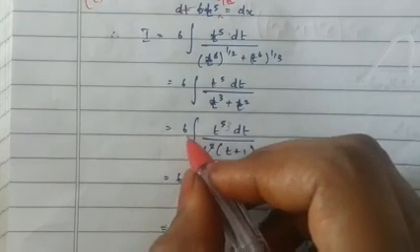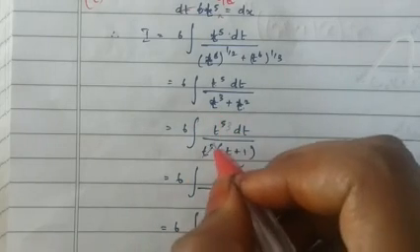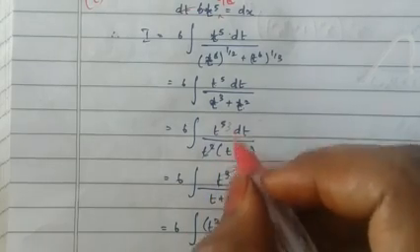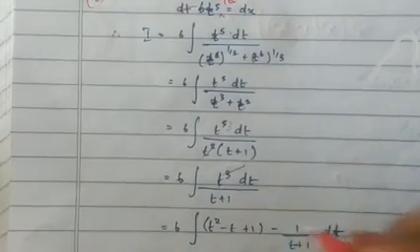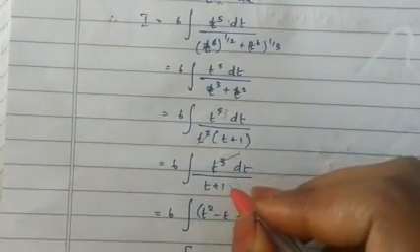Therefore, the integral becomes 6 into integral over t power 5 into dt, t square into t plus 1. T square and t power 5 get cancelled, you will be getting t cube. Therefore, the integral is t cube into dt divided by t plus 1, and 6 is a constant, so you are taking it outside. What I told, same thing we are going to do. You are going to apply long division.